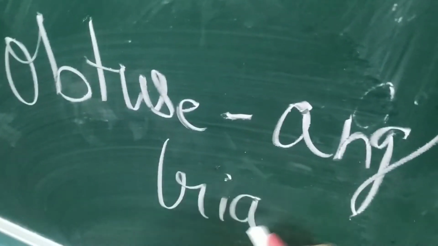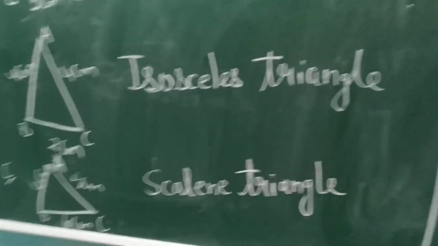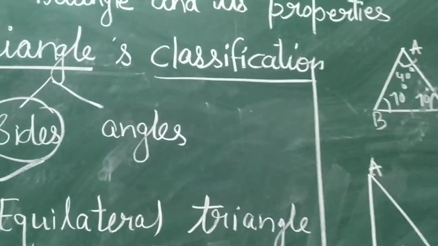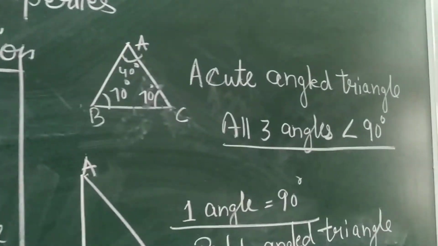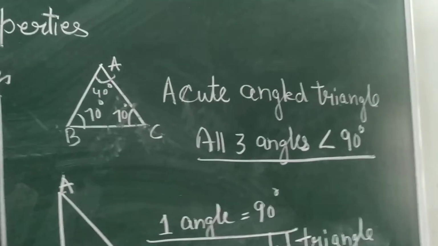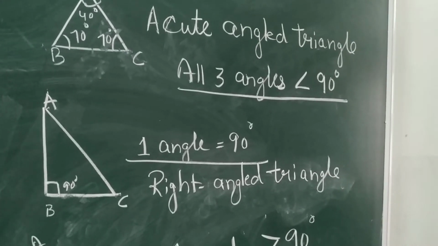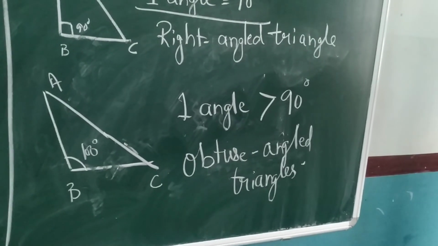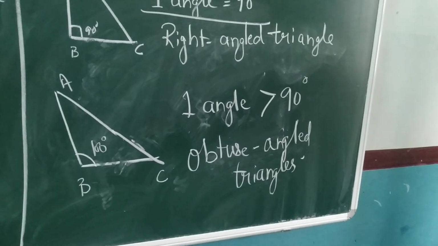triangle. So beta, when we talk about the sides of a triangle, we talk about the equilateral, isosceles, scalene. But when we talk about the angles type of classification, they are again of three types. One is acute, जिसमें सारे एंगल 90 से छोटे हों. One is right angled when at least one angle is 90 degree, and one is obtuse where one angle is more than 90 degree. Everybody knows that the sum of all three angles of a triangle is always 180 degree.